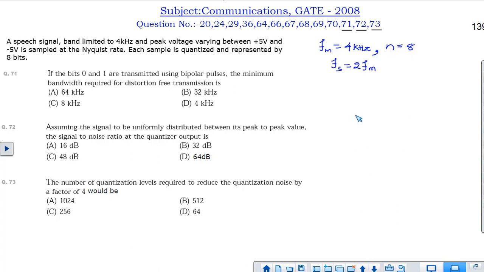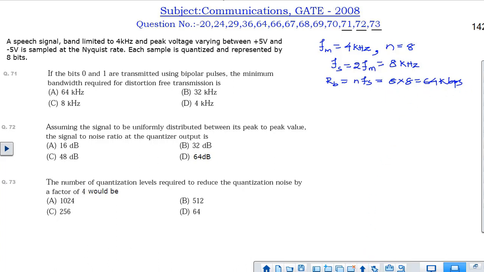So we can say that the sampling frequency Fs is equal to 2 FM, because the sampling is happening at the Nyquist rate. The Nyquist rate is nothing but 2 times the FM, so the sampling frequency Fs is equal to 2 FM, which is equal to 8 kHz, because 4 kHz is FM, so 8 kHz is the sampling rate. Then what is the bit rate? The bit rate is equal to N Fs. N is the number of bits, 8, and Fs is equal to 8 kHz, so